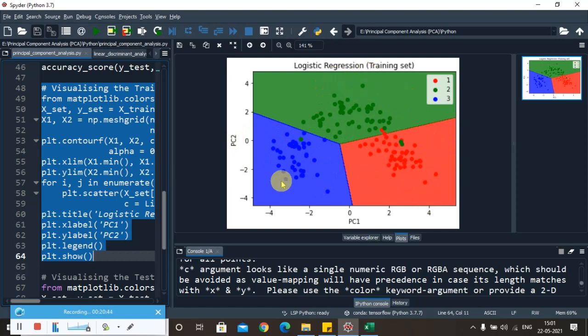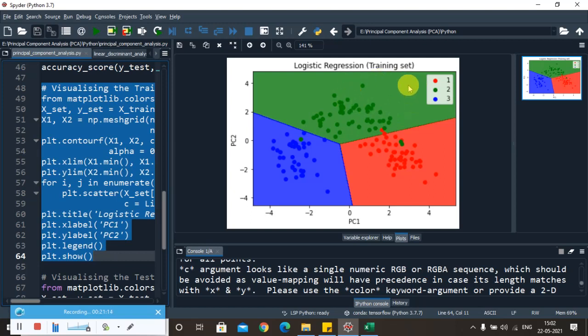Now here, each wine whose extracted coordinates of PC1 and PC2 are in the blue region will be predicted to belong to customer segment number 3. The green region is for prediction number 2, where all the wines whose PC1 and PC2 extracted features fall in the green region will be predicted to belong to customer segment number 2.